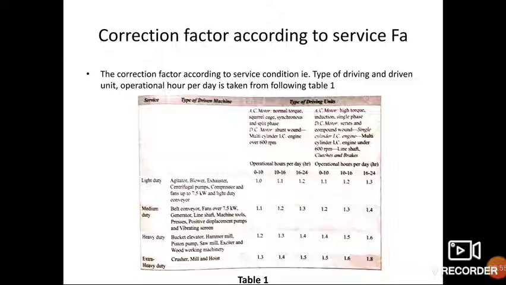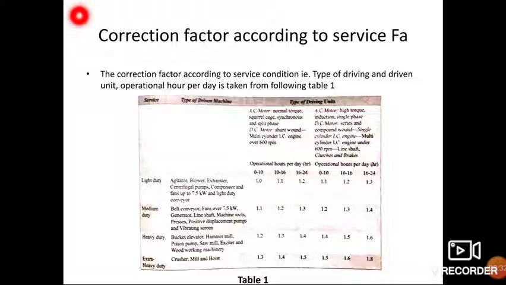In order to compensate for all those things, the angle of wrap will be different in the standard condition and in your application. The type of load will also be different. In standard condition they might be taking a steady or normal load, but in your case there will be shock and some intermittent vibration. So you need to modify the power requirement. The factors we have seen in the last lecture: the first factor is fa, the type of load. Based on the type of load, you select a load correction factor.